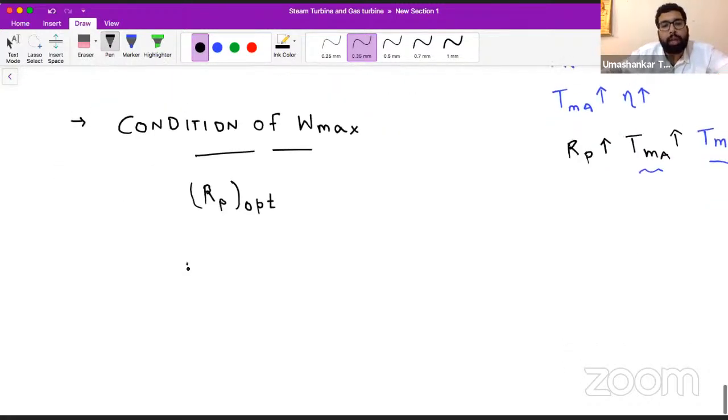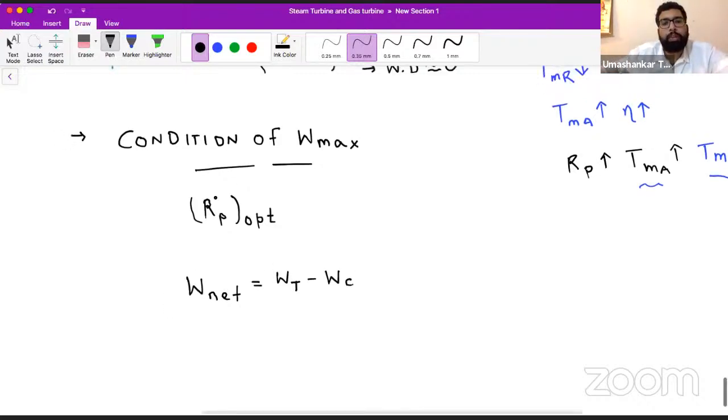So what is the work? What is the net work? We want to maximize it. So net work is turbine work minus compressor work. Is that true or not? So if we see the cycle,